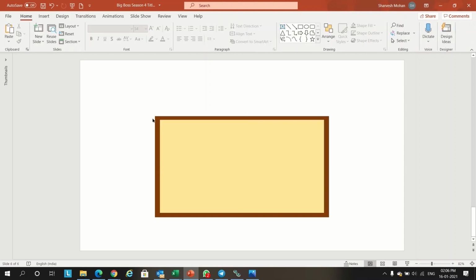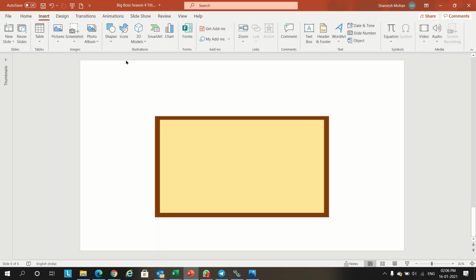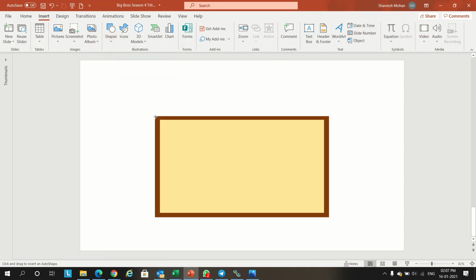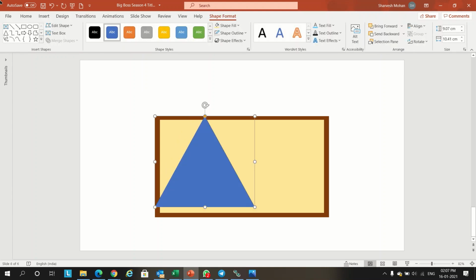Now we want to draw the cover backside. Insert shapes. Let's go to basic shapes. We'll take this isosceles triangle and we'll draw like this.